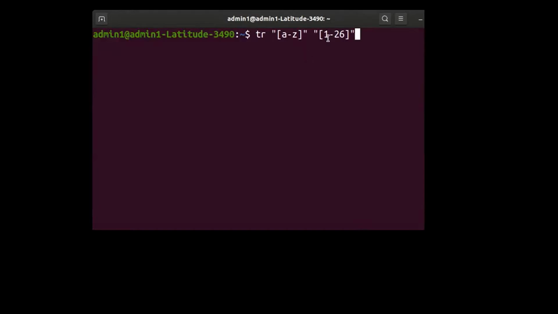But here, this one is one character, hyphen is range, and then what, according to you, is 26? It is not 26 for the Unix operating system. It is 2 and 6. So be careful. That is how Unix interprets it. It ensures that the source character and destination character is same. But let us see what happens when you give the command like this. I just type it, and then I'll say 1, 2, 3, all these things. Now watch out. This is what happens.